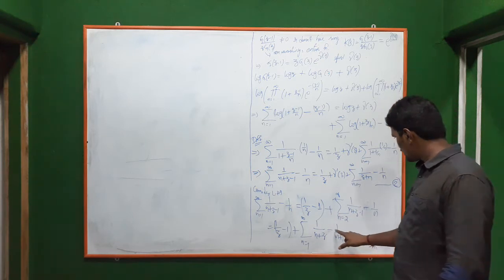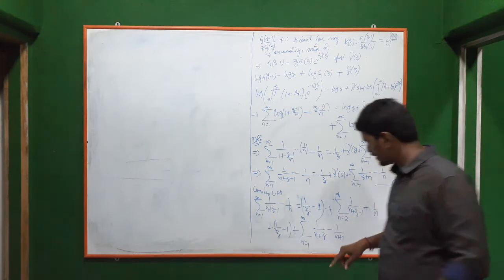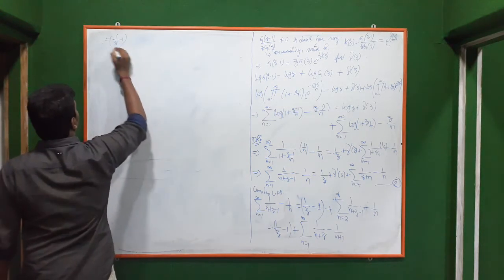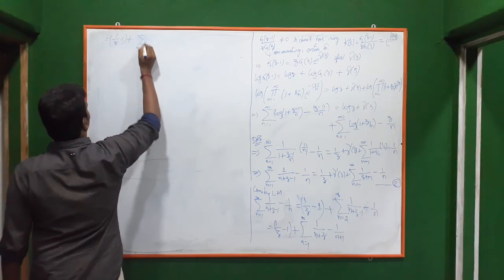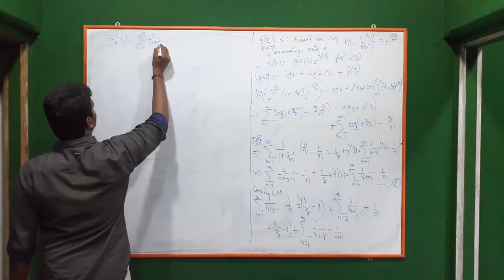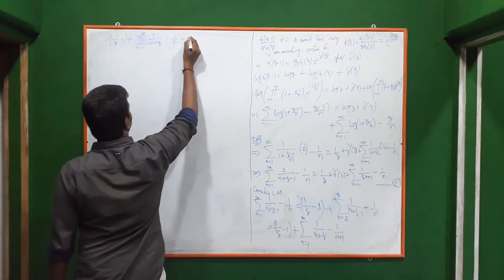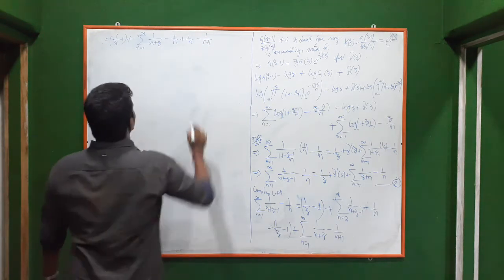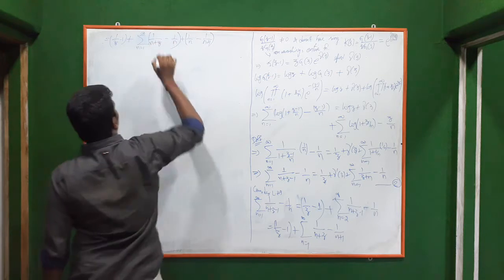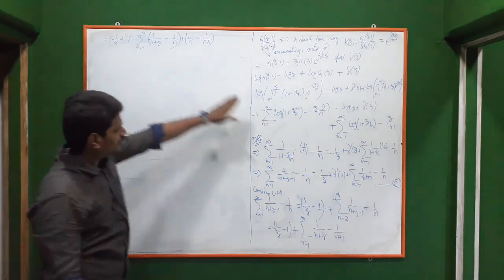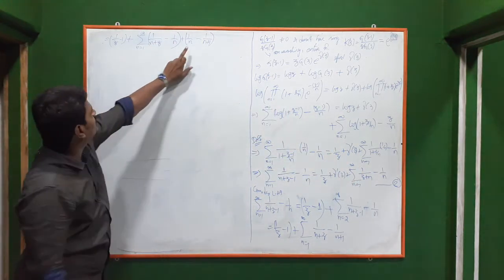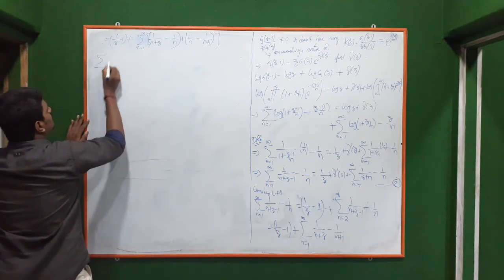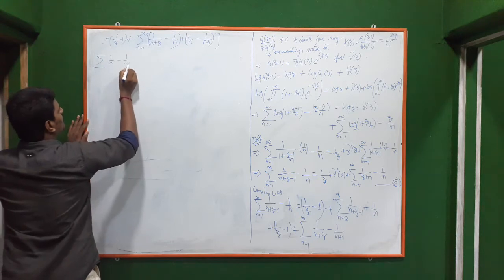Okay. So what you have to do is just add and subtract this 1 by n there. Then what we will get? 1 by z minus 1 plus summation n from 1 to infinity of 1 by n plus z minus 1 by n, plus 1 by n minus 1 by n plus 1. So these two will be separated, these two will be separated. This we have to keep as it is because we need it there. So let me simplify that summation of 1 by n minus 1 by n plus 1.